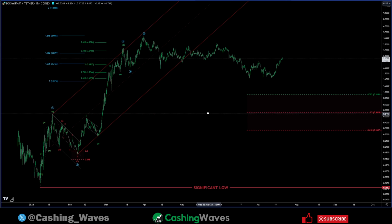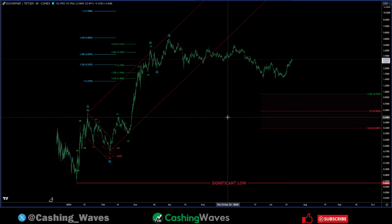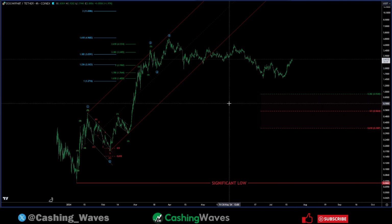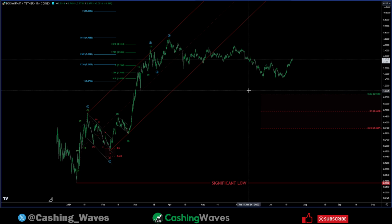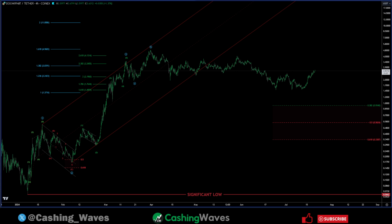Now, those of you that might be upset that perhaps a top is in on WIF for a very long time, there are a lot of other opportunities. I have no biases towards one coin or another. All I do is trade patterns. So it's nothing personal about Dogwifhat. I'm sure it'll stay popular for a long time. But if you're interested in price, it might take a while to get there. Now we'll talk about this correction down on the